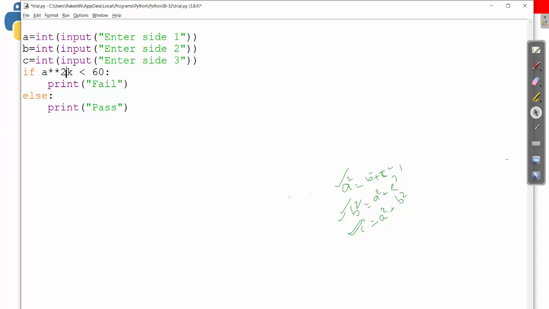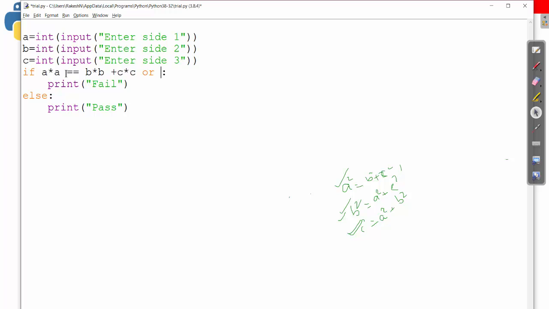But I can write better, I'll write A star A. A star A, okay. A square is equal to B star B plus C star C,